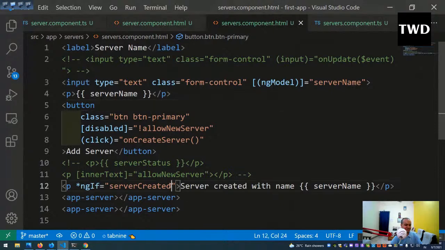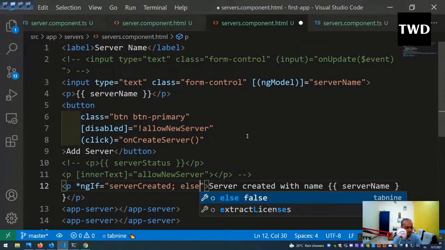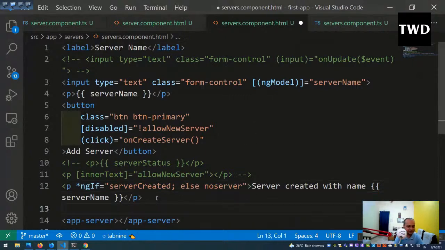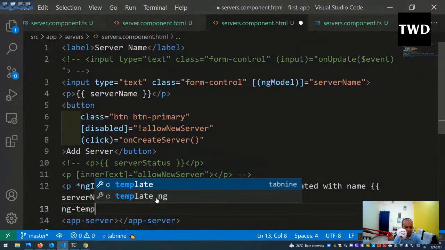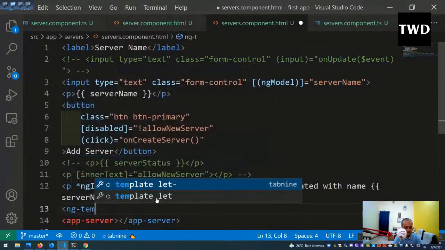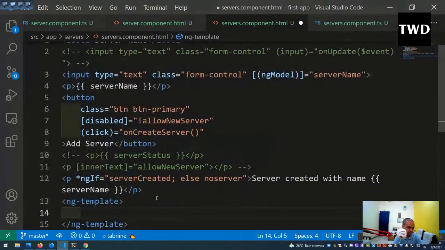So server created, and like this I have to give here, and else I have to give. But we cannot write else here. So we will write something as a holder. Okay, else no server, something like this. The holder is there, and then we have to do something known as ng-template. ng-template is very important to write. We use this hash like this,